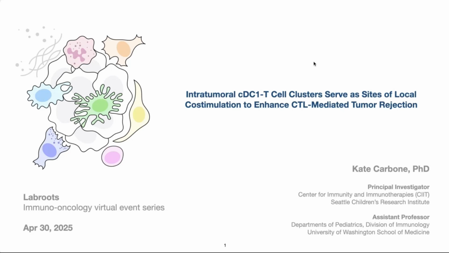Before we dive into the data, I want to briefly go over the learning objectives for this talk so you have a sense of what I'm hoping to cover. After some introductory material for context, we'll talk about how the STAMP model enables real-time imaging of immune cell dynamics and how it lets us link immune spatial organization to tumor outcome. Second, we'll look at how cDC1 T cell clustering supports CD8 T cell function and contributes to tumor rejection. And third, we'll go through some of the key transcriptional and phenotypic features that distinguish cDC1s in tumors that regress